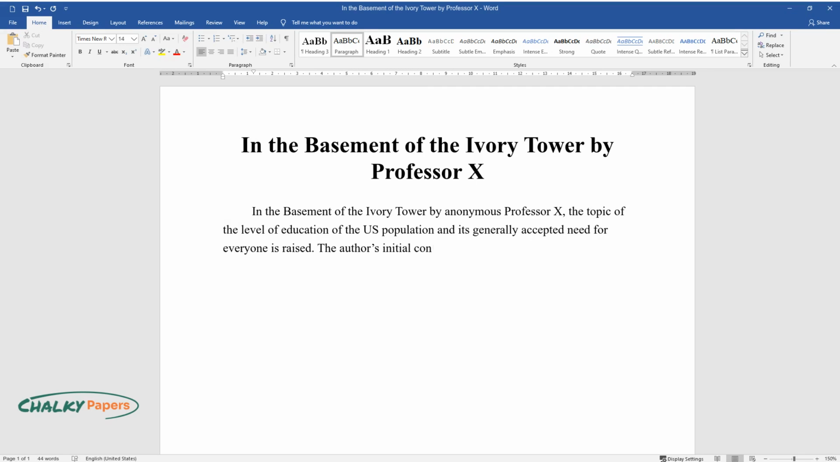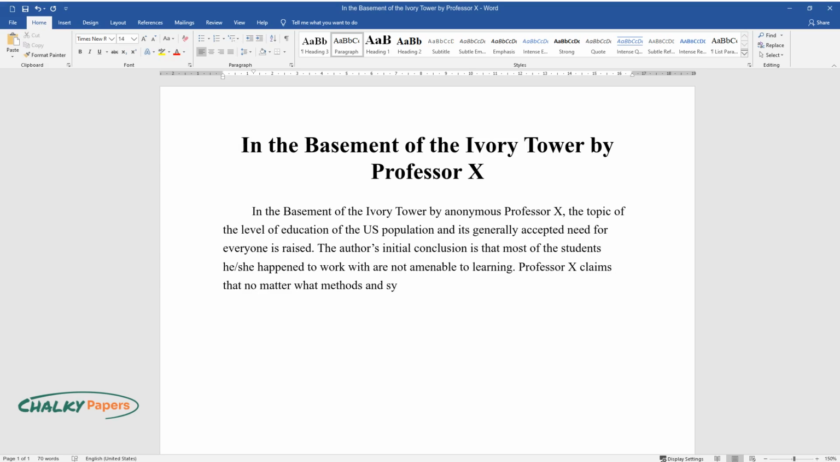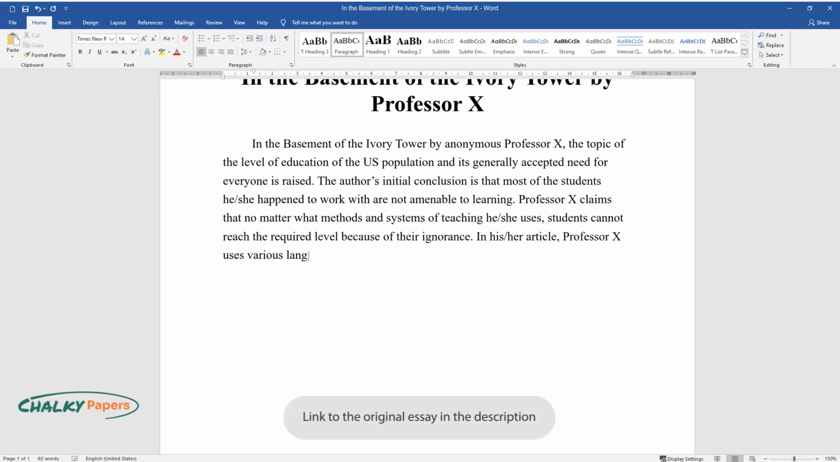The author's initial conclusion is that most of the students she happened to work with are not amenable to learning. Professor X claims that no matter what methods and systems of teaching she uses, students cannot reach the required level because of their ignorance. In her article, Professor X uses various language techniques to prove her point and make the